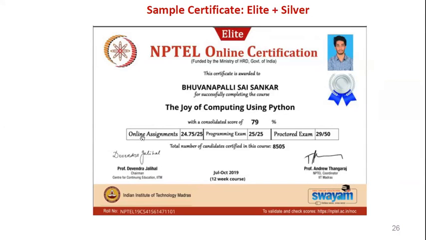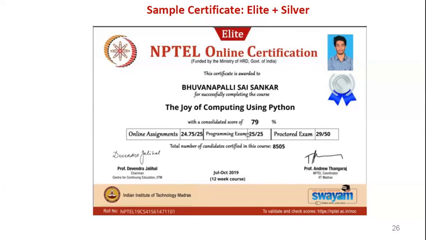So now here also, the overall score includes the online assessment. Some courses have a programming exam also. Here you can see in this course, The Joy of Computing using Python, the online assignment is there, the programming exam is there, the proctored exam is there. Whenever a programming exam is there, out of 75, 25 will be given for the programming exam, and the other 50 for the proctored exam.